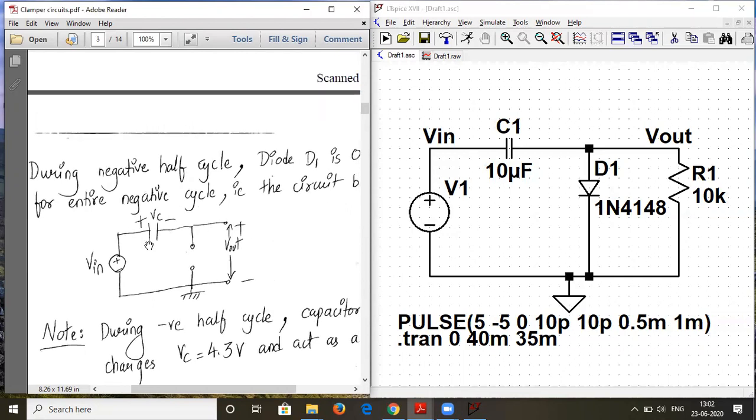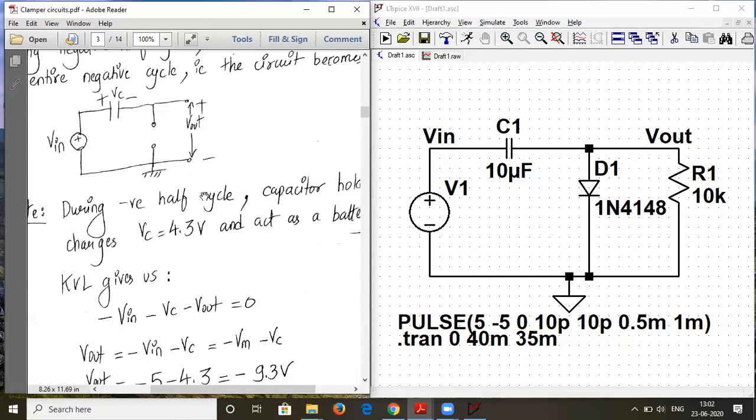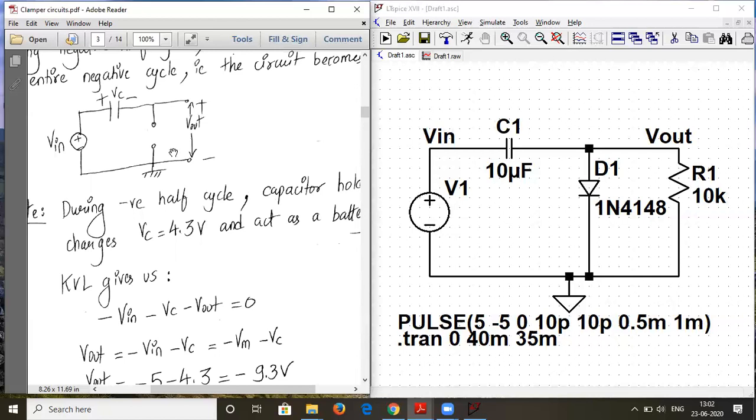So what happens to the charges stored in this capacitor? We have this resistor in the circuitry, so the capacitor can discharge through the resistor. Actually, I guess I forgot to draw this resistor. Let me just try to draw that. So there will be a resistor over here. This is my resistor R1.